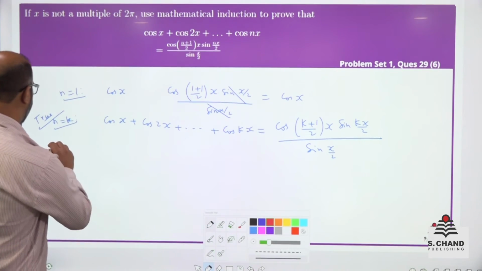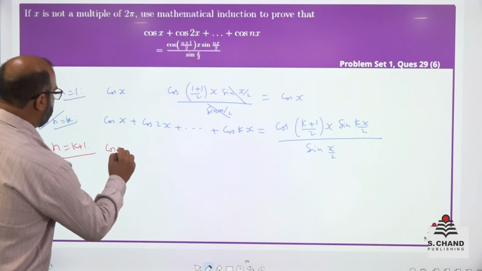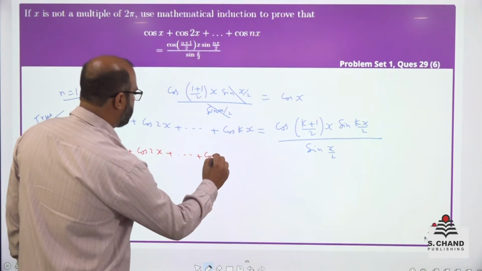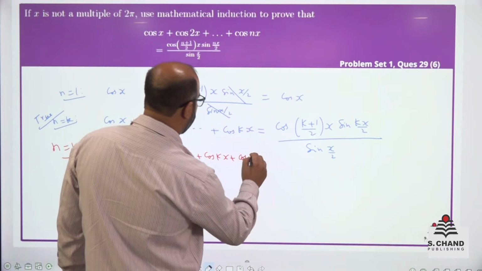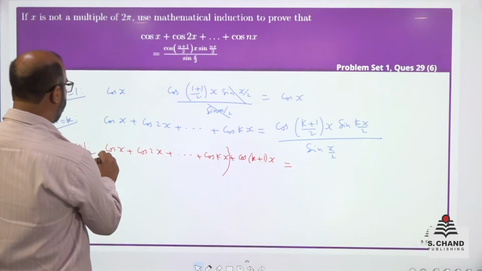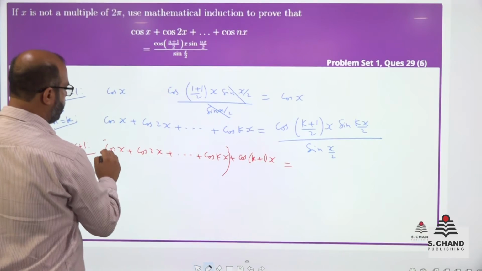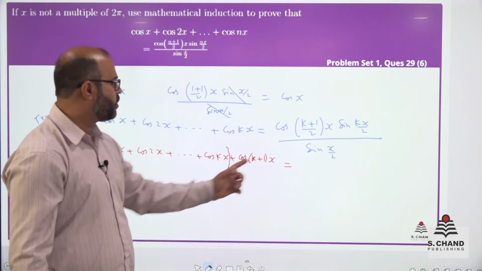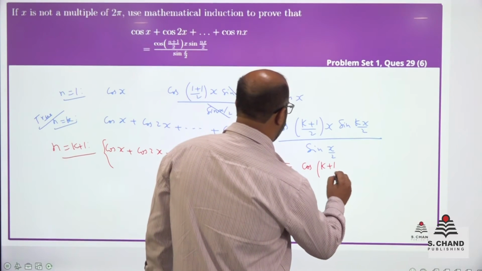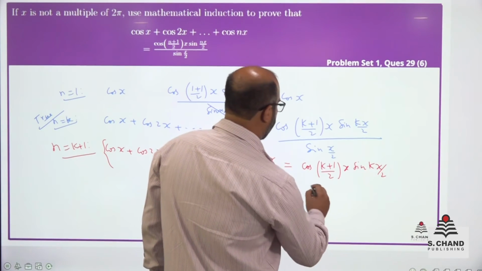So, in the next step, n is equal to k plus 1: cos x plus cos 2x dot dot cos kx plus cos (k plus 1)x is equal to. So, from induction hypothesis only, we came to know that this term is equal to this. So, let us replace by that, cos of ((k plus 1) by 2)x into sin(kx by 2) by sin(x by 2)